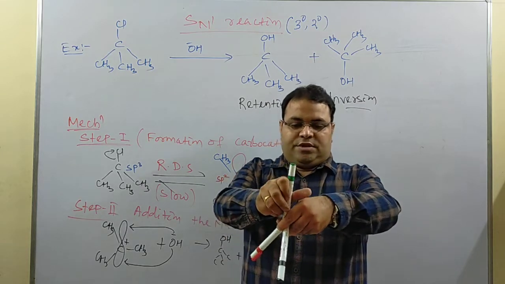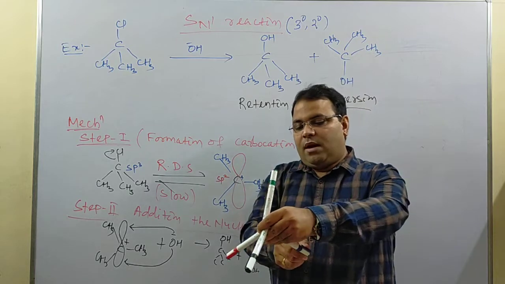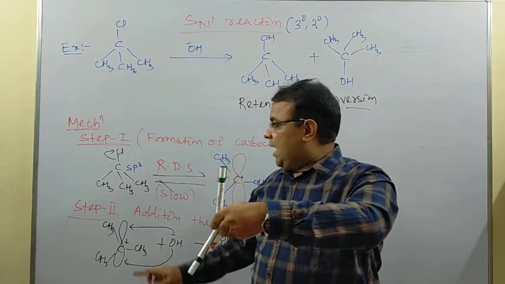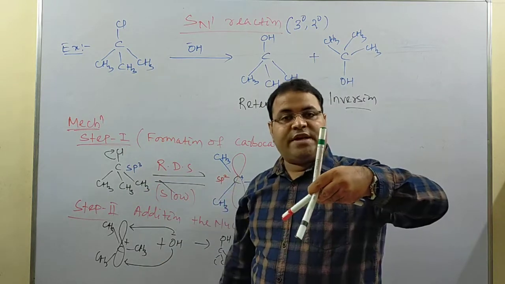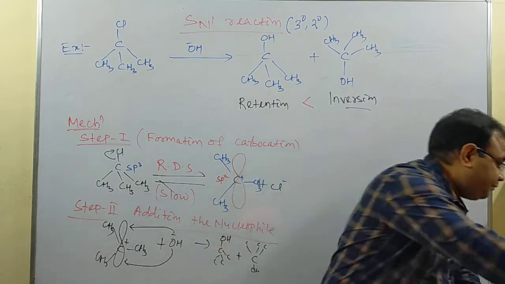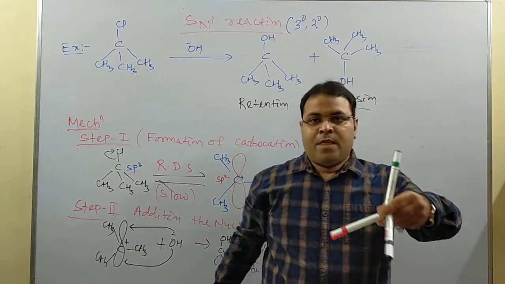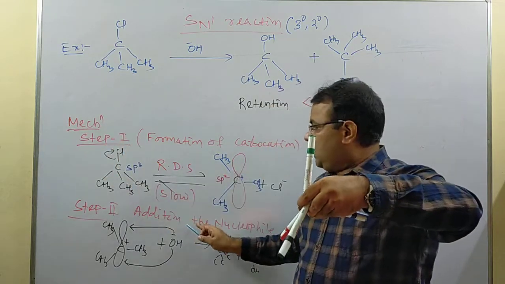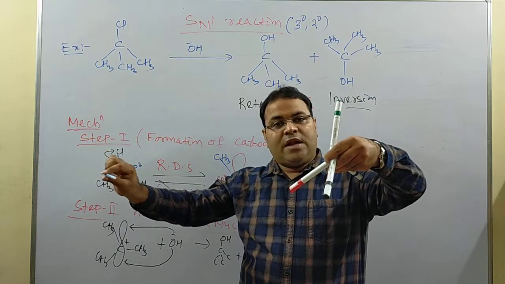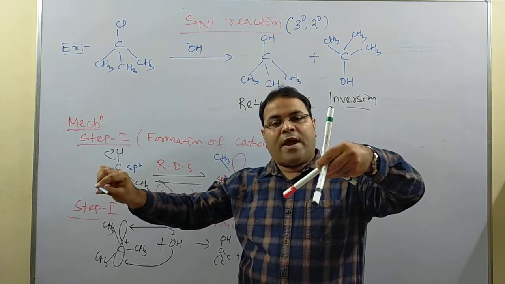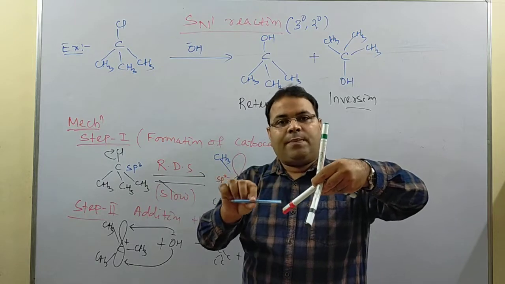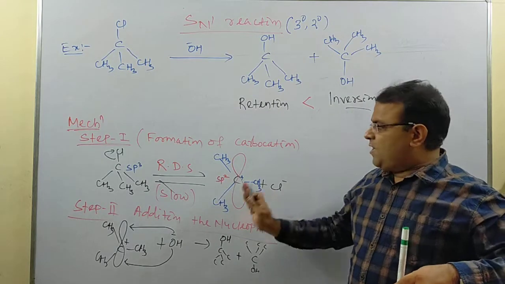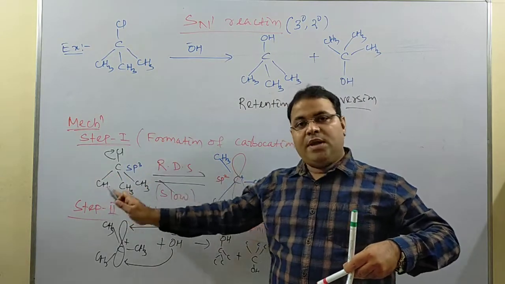See, this is the tetrahedral geometry, and this is your tertiary butyl chloride. The green marker is chlorine, and these three are methyl groups. So this is a tetrahedral geometry. Now see, this is the nucleophile. Until the nucleophile starts migrating towards the carbon, the bond will not be broken. Why? Because this one is neutral and this is a charged one. Definitely the stability of this one will be more than this one.